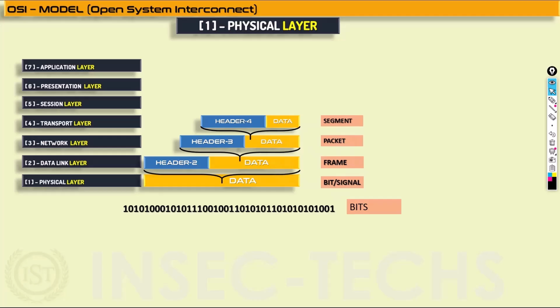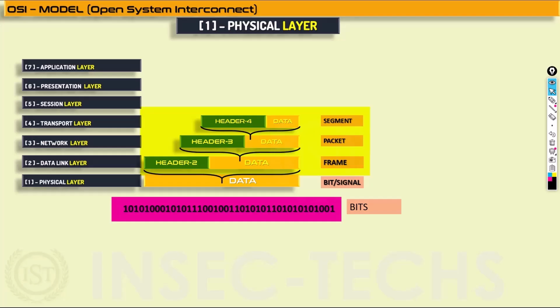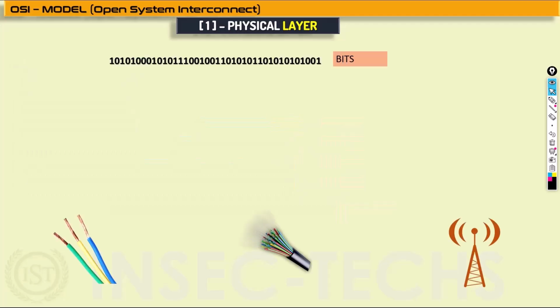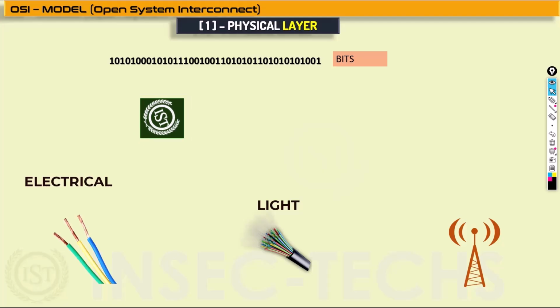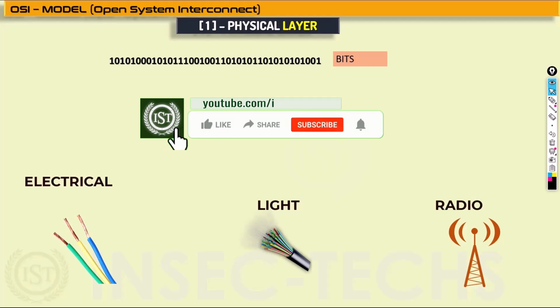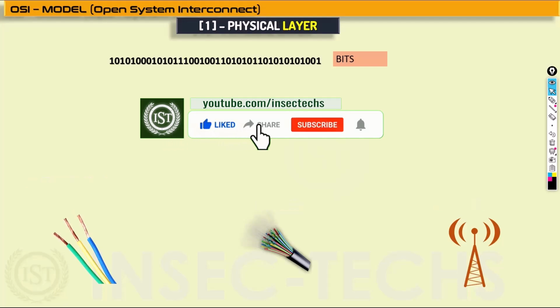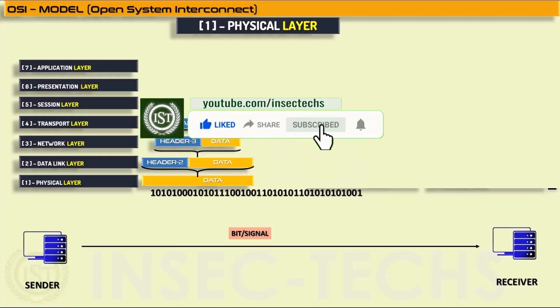Till now, data units were segmented, and then IP addresses were added to form packets, then MAC addresses were added to form frames, and these frames are a sequence of binary numbers, the bits, and the physical layer converts these binary numbers into signals and places them on the transmission media. And these signals could be of three types: electrical signals if you are using copper cables, light signals if you are using optical fibers, and radio signals in case of wireless transmission. Data, once produced at the application layer and processed through each of the layers, adding headers at each layer, is called